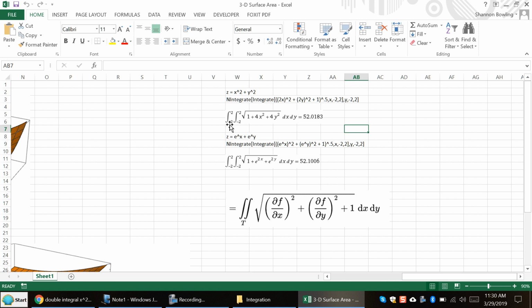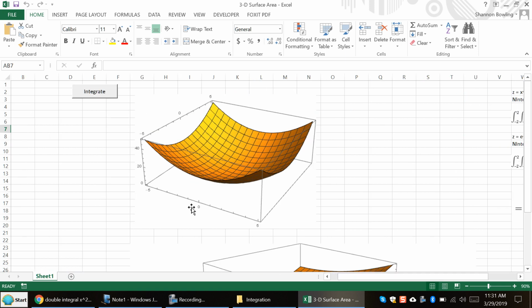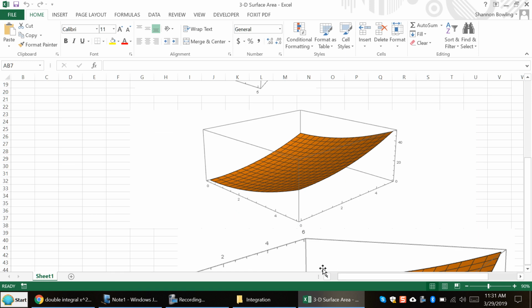If you wanted to calculate it over the bounds of -2 to 2, this is what you would actually have to end up doing. You have to take the derivative with respect to x and y, plug it in, and do all that sort of stuff. But I'm going to teach you how to calculate it using